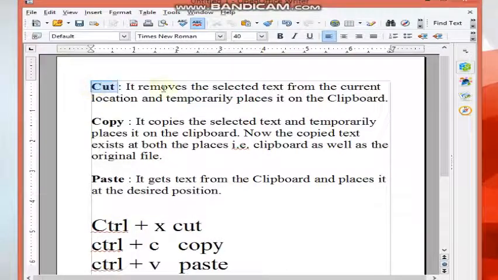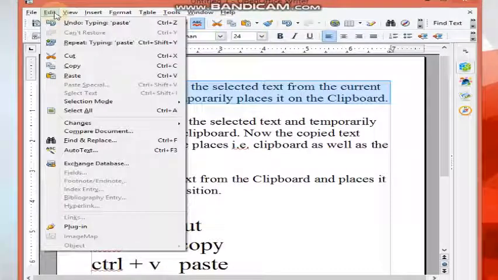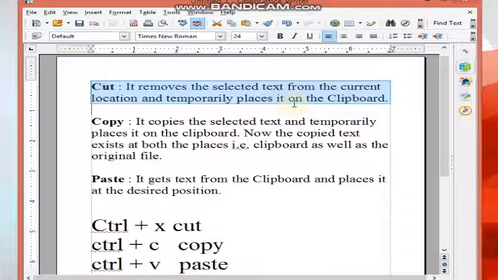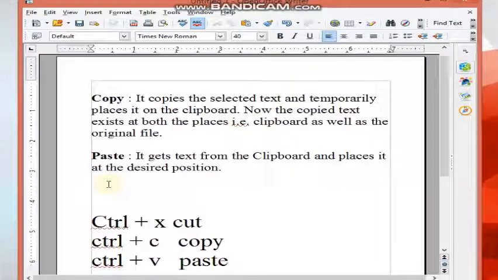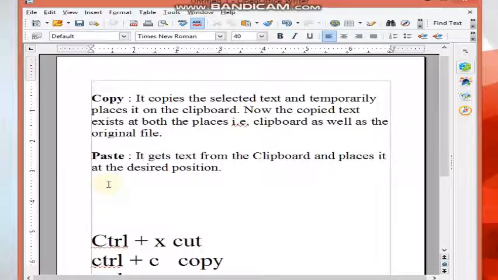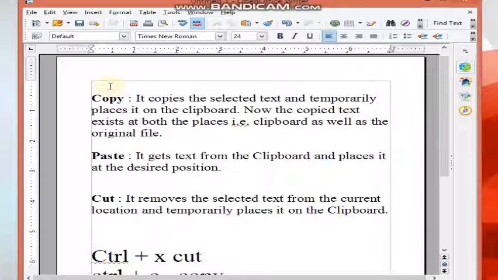So first we select this text and then use the shortcut menu on the toolbar, or the Edit menu, or we can use Control plus X. So I will use the shortcut keys, Control plus X, for the cut, and I will place it where my cursor is blinking. Okay, so I will paste here. See, I cut this text line from this position and I paste it in this position.